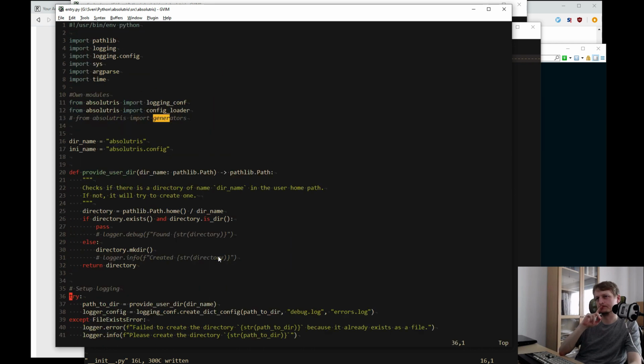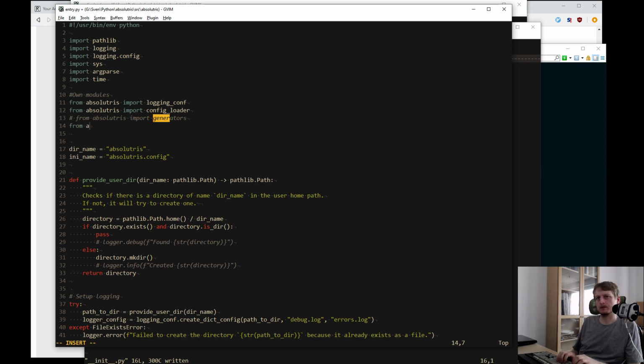So we say here from absolutris import playfield, we create a playfield module.